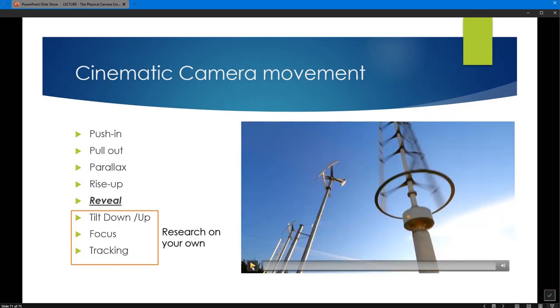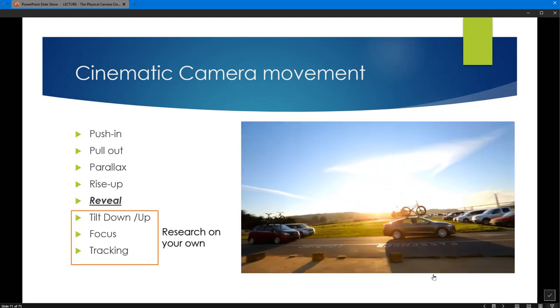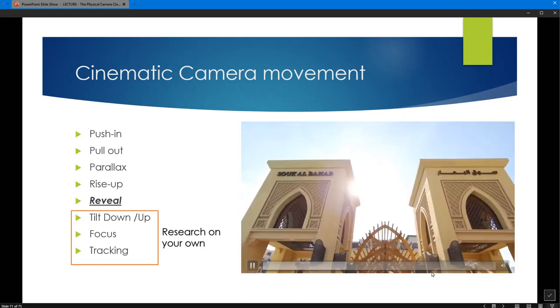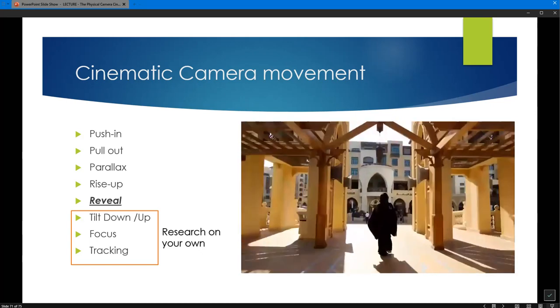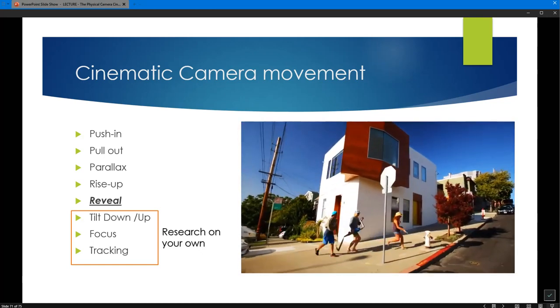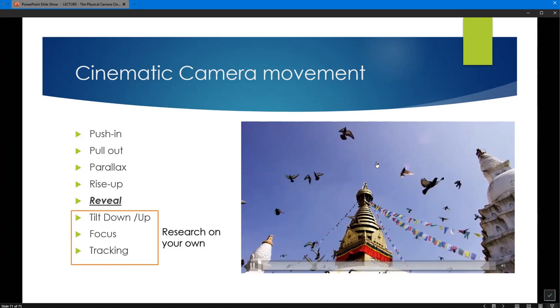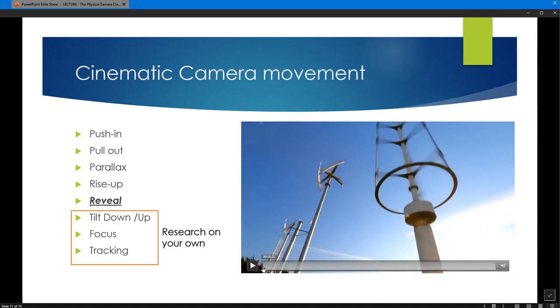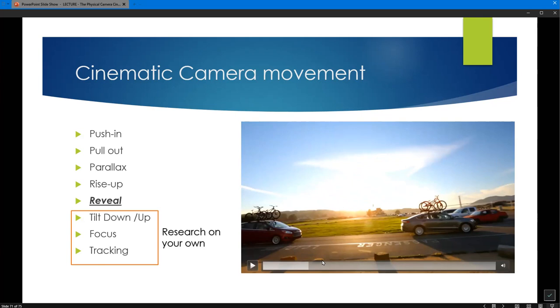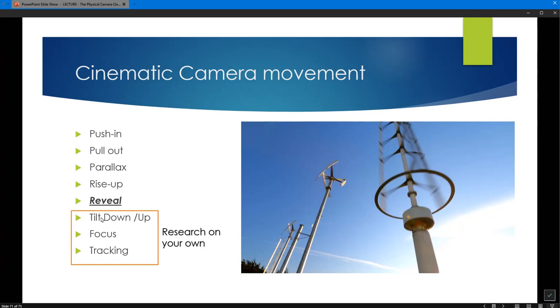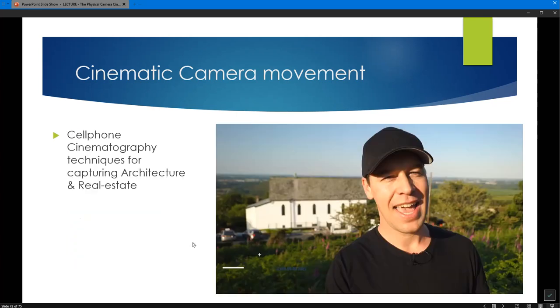Then we have the reveal. This one is also super popular, right? Again, I'll usually only use this shot if there's something looking upwards to glide against, like those buildings or these power lines, or in this case, the birds just kept coming, so I never even looked. So for example, a reveal can be, and I'm going to show you some of these shots put together in a timeline. Now there are 3 more that are here, and I want you guys to research those on your own. All right. And when you put it all together,